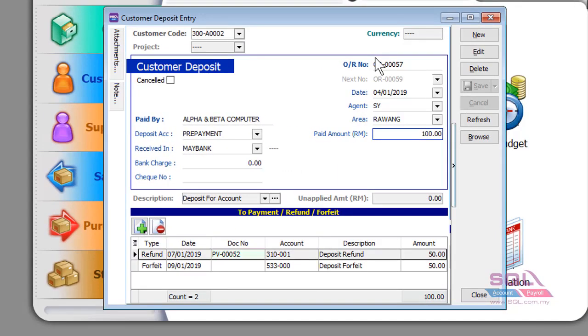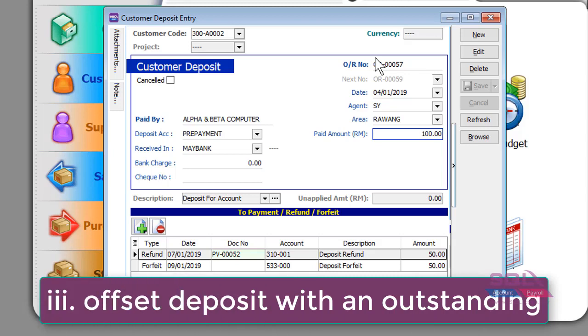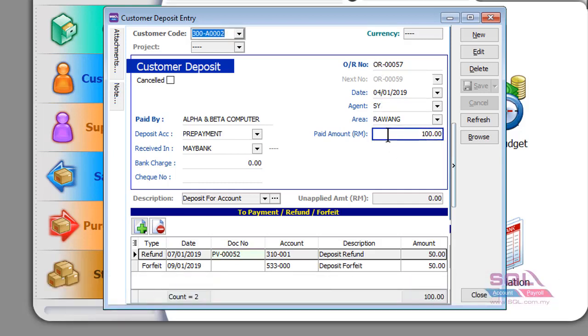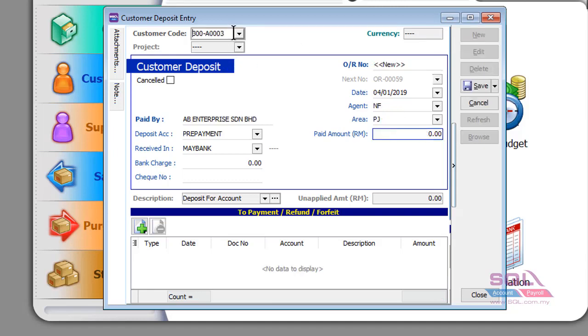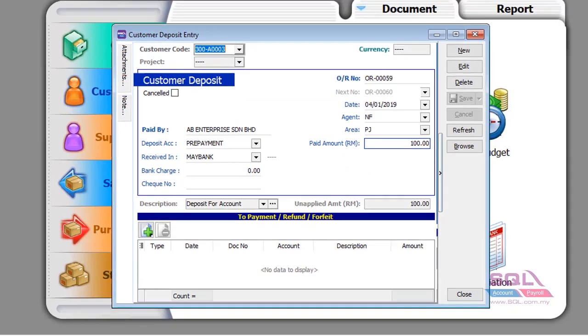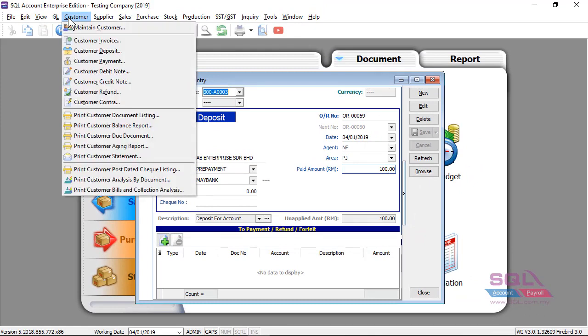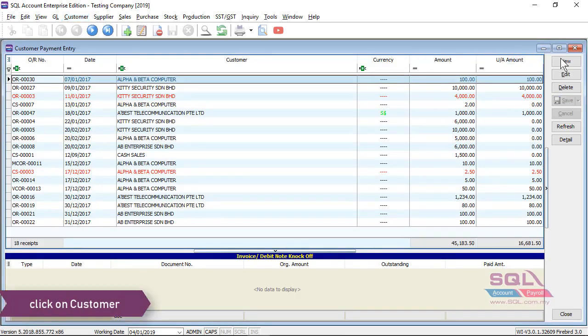To show you the last scenario, the deposit can turn into payment and offset with the customer outstanding. I will have to create a new deposit, due to the current deposit that I already refunded and forfeited. So let's issue a new customer deposit. Let's say AB Enterprise. Let's say the amount is 100 and save. So in future, if I want to turn this deposit amount into a payment to offset with the customer outstanding, I can just go back to the customer payment,